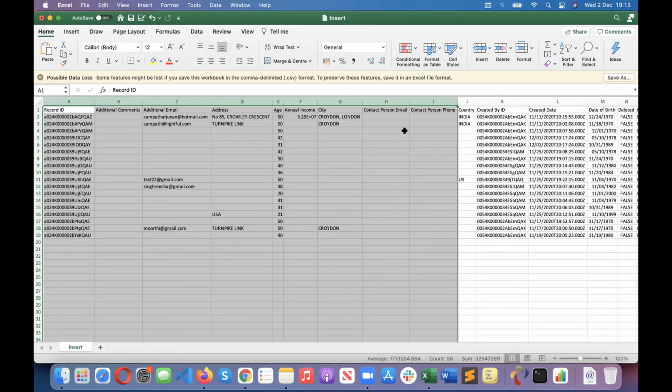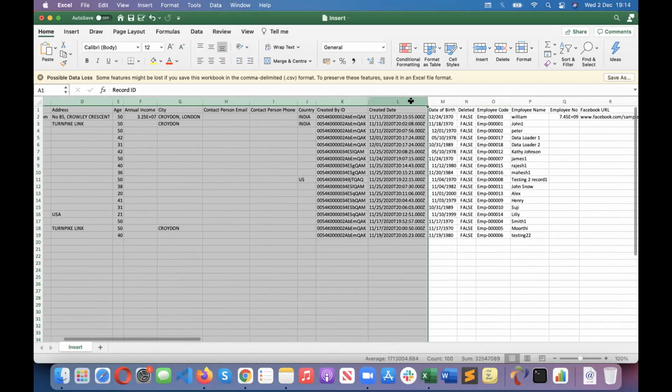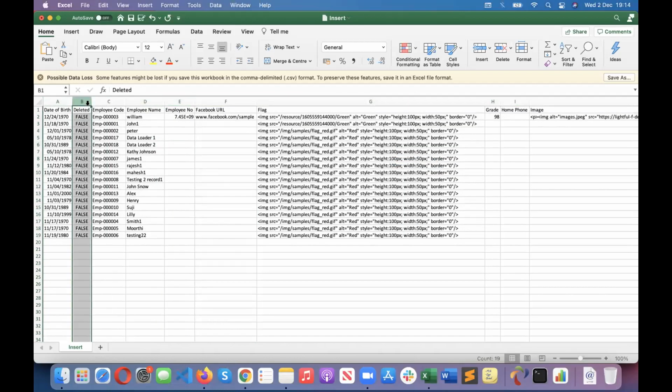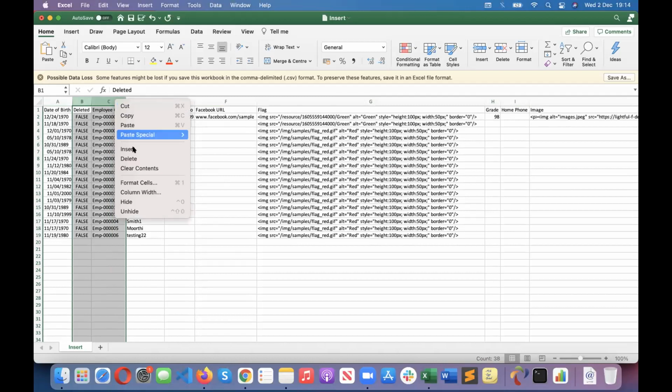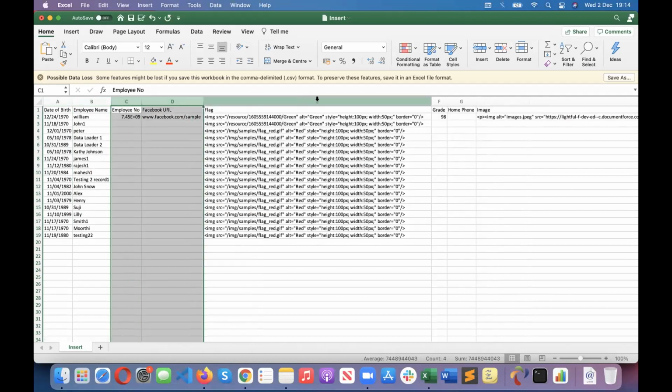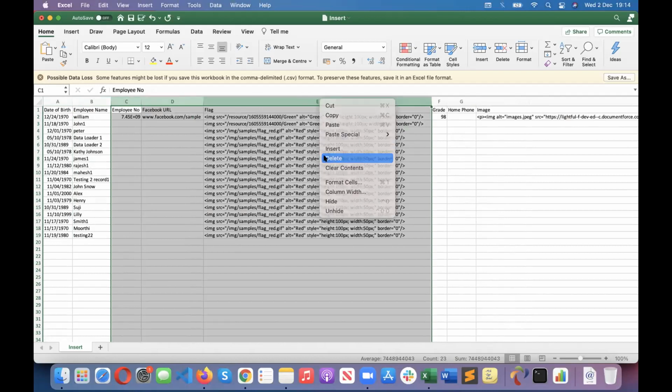See here, one best thing in the data loader.io, it's aligned alphabetically. All the fields have been aligned alphabetically. So date of birth, I will keep it. I think it's mandatory. And is deleted, employee code, no need. Employee name, I will keep it. Employee number, flag,